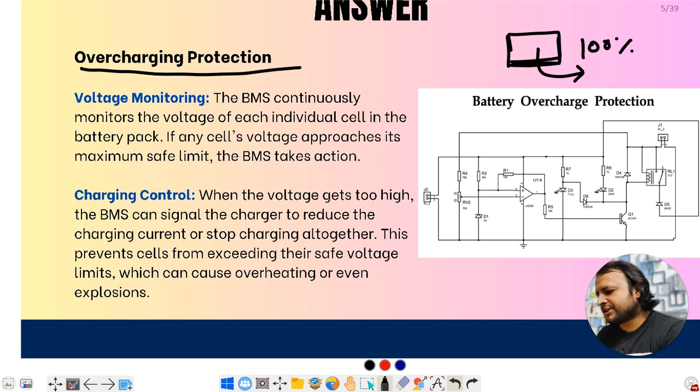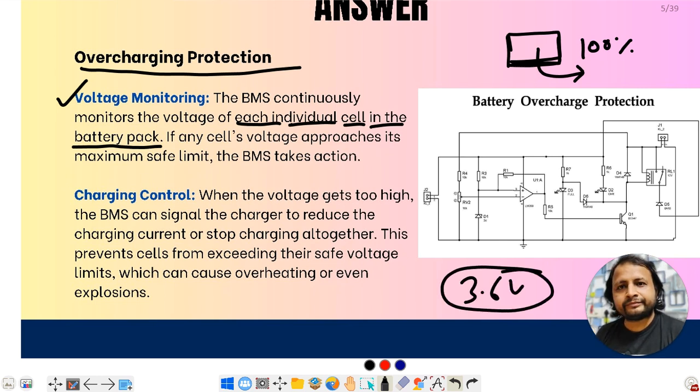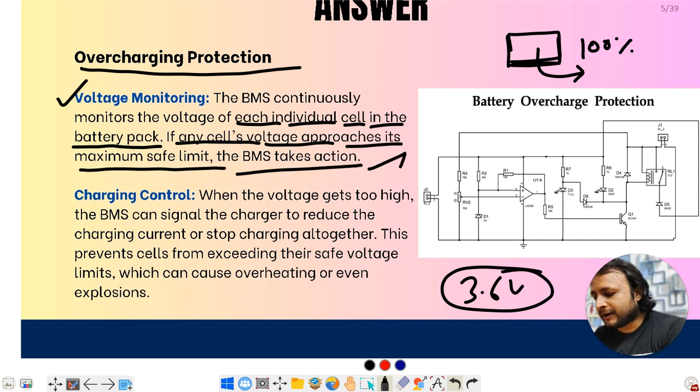In overcharging protection, the first part is voltage monitoring. The BMS continuously monitors the voltage of each individual cell in the battery pack. We are using the same cells, but there are very small differences in their voltage. We cannot assume all are 3.6 volt cells. There is a very nominal difference, and that creates a big difference in a battery pack. So if any cell voltage approaches its maximum safe limit, the BMS takes action. What kind of action will it take? It will